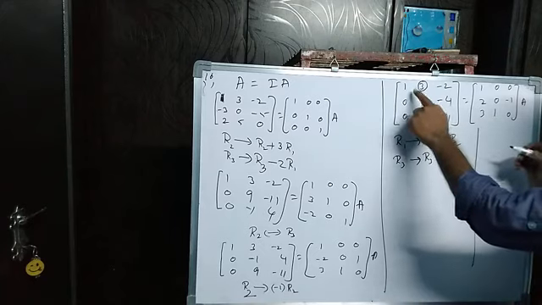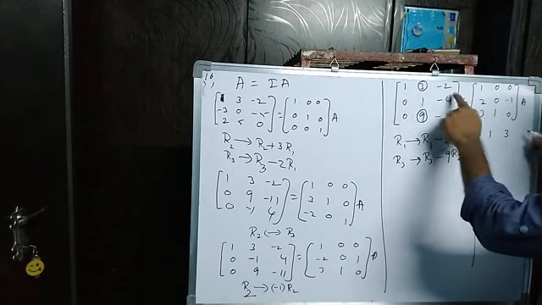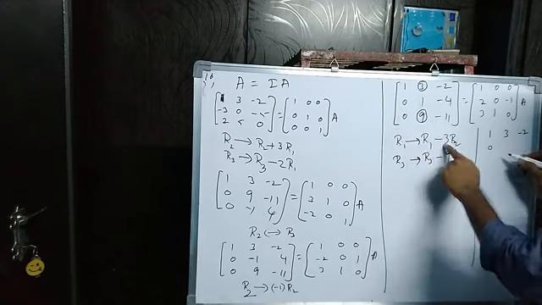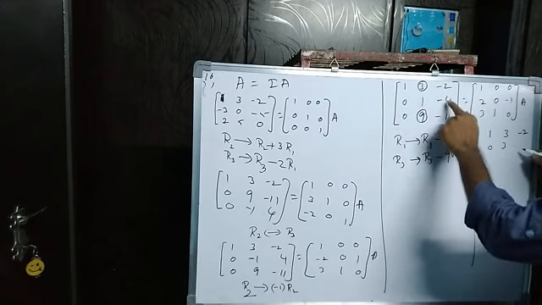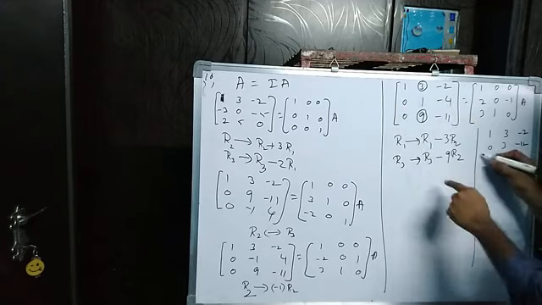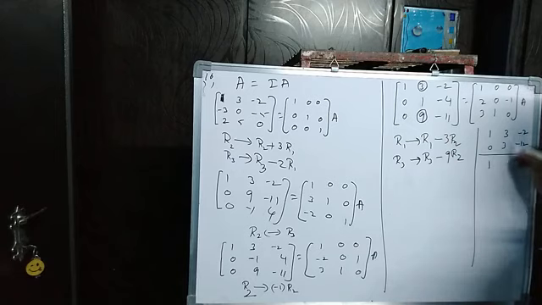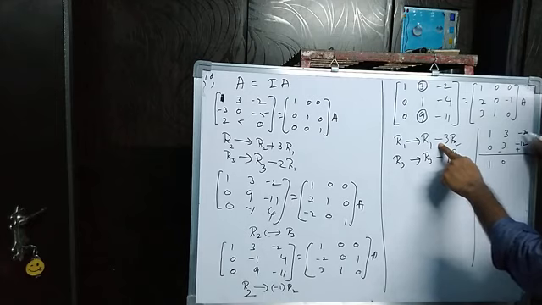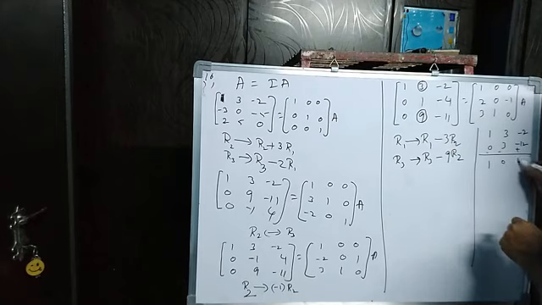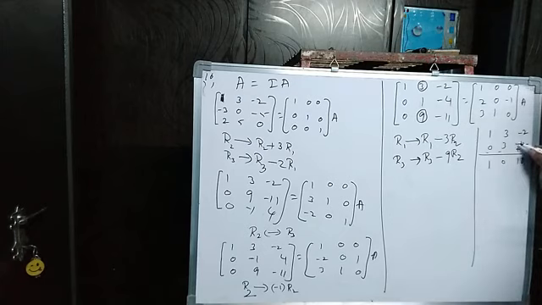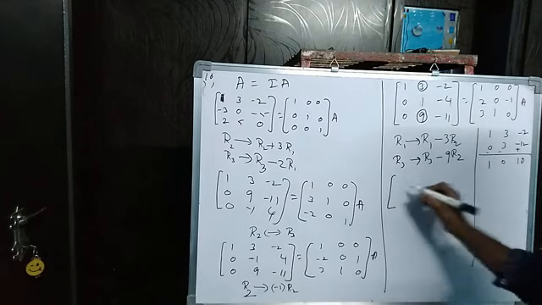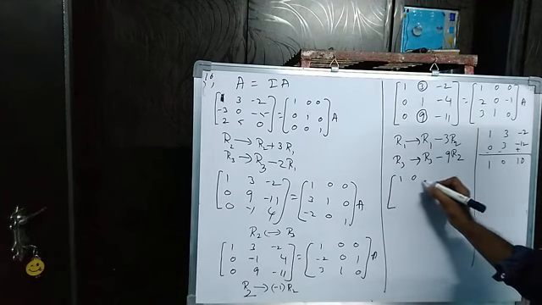Okay. Here what is it? R1. What is R1 here? 1 3 minus 2, minus 3 into R2. 3 into 0 is 0. 3 into 1 is 3. 3 into 4 is minus 12. Right? Subtract, subtraction, right? Minus plus here. 3 minus 3 is 0. Minus 2 plus 12 is 10. Right? Minus 2 minus, plus 12. Minus 2 plus 12 means 10. So in the place of R1 you have to write 1 0 10.